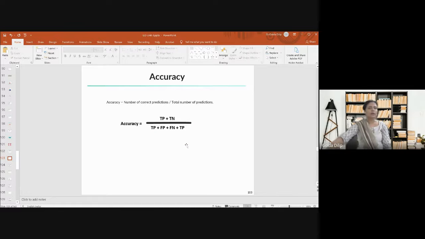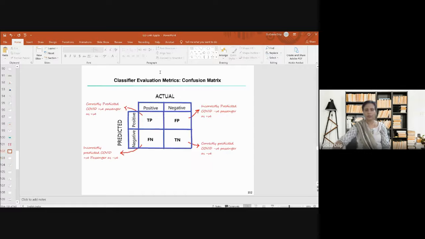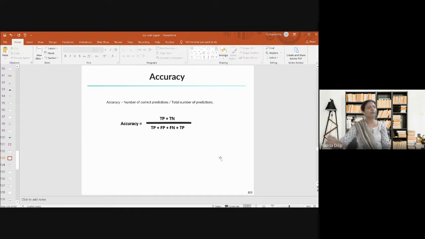Accuracy is one measure, which gives the fraction of the predictions the model has got right, that is true positive and true negative: correctly predicted as positive, correctly predicted as negative. So we want our model to concentrate on true positive and true negative. Accuracy is one metric which gives you the fraction of the predictions your model under consideration has got correctly.